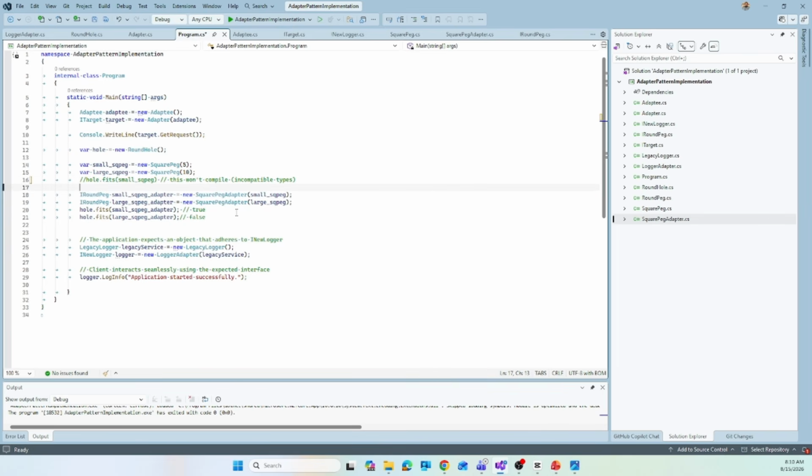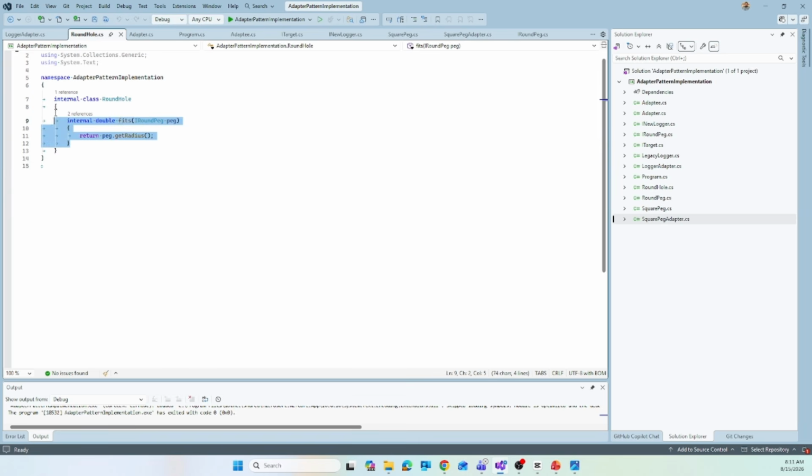To get rid of the incompatible type error so that we can feed the square peg to the round peg, I have used the square peg adapter, passing the small peg or large peg, and used that adapter, whether it is small peg or large peg. I can call the fit method of the round hole to fit the square peg. So here the round hole has a method that is accepting the IRoundPeg,